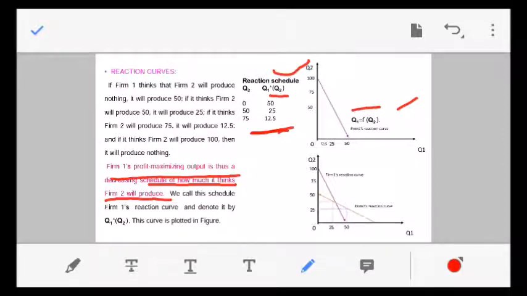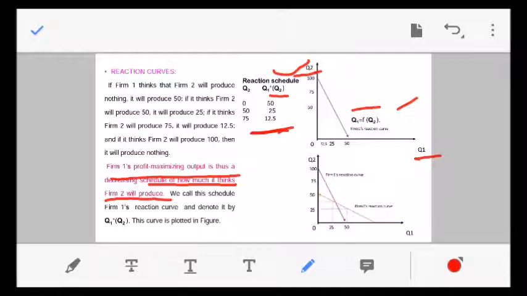Okay, this is the reaction curve of farm 1 shown in the diagram. On this y-axis we measure Q2, the quantity of output produced by farm 2, and this is Q1, the quantity production of farm